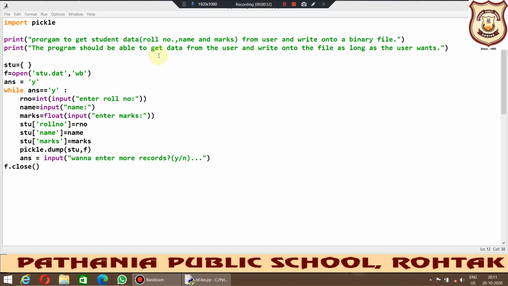Okay, so here I have taken an empty record student, and this is a dictionary. How do I identify this is a dictionary? With the help of these curly braces only, right? So this is an empty dictionary. In this, initially we don't have any data, and the user will enter the data in terms of key value pairs. Okay, because the dictionary contains the data in terms of key value pairs.